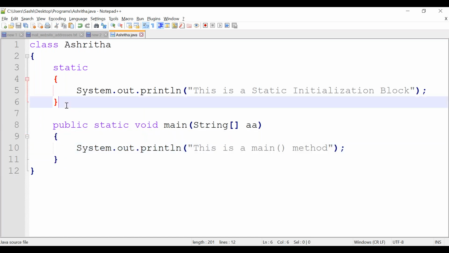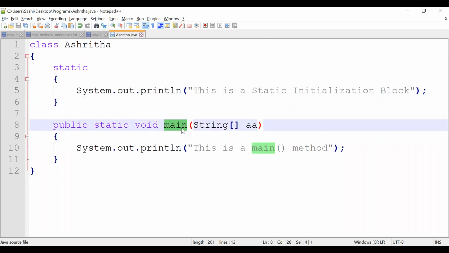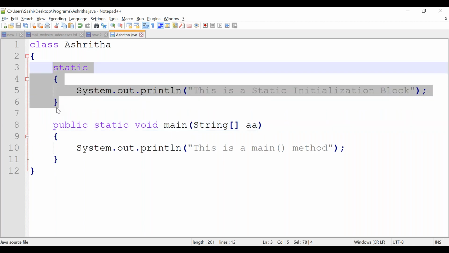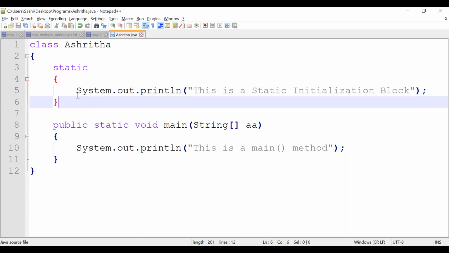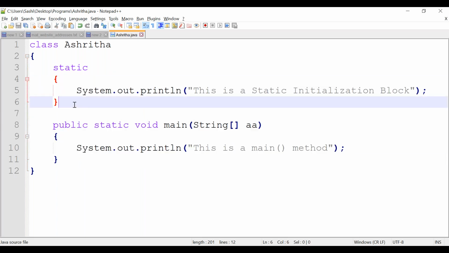So where do static blocks come into the picture? Before the JVM calls the main method, the JVM looks: are there any static blocks defined inside the class? If there are any static blocks, before calling the main method, it should execute them. Correct?